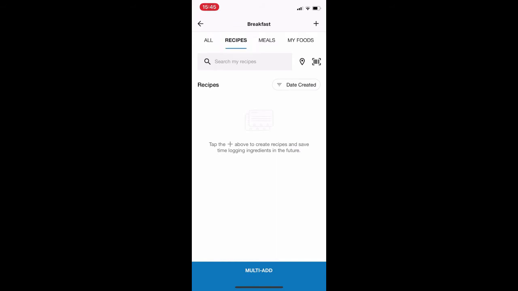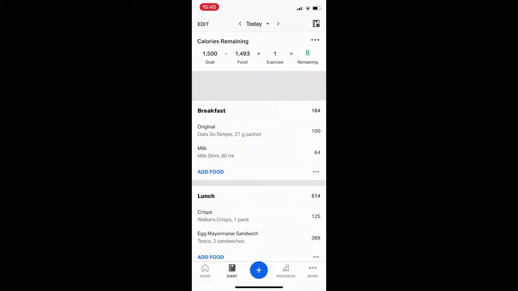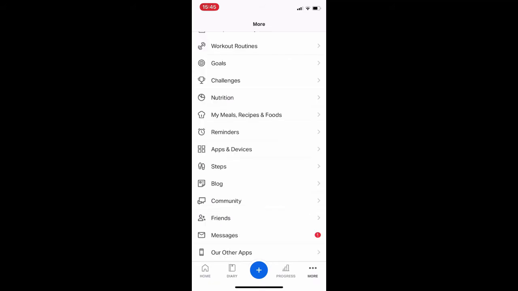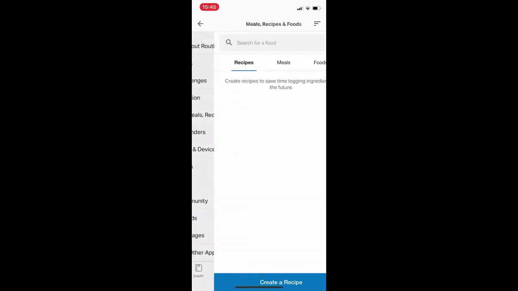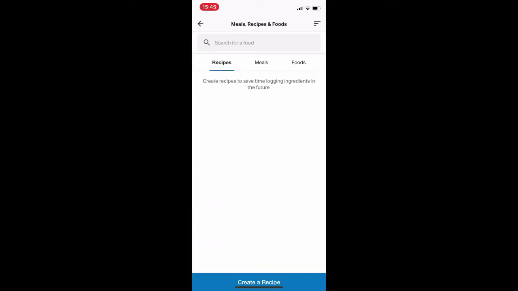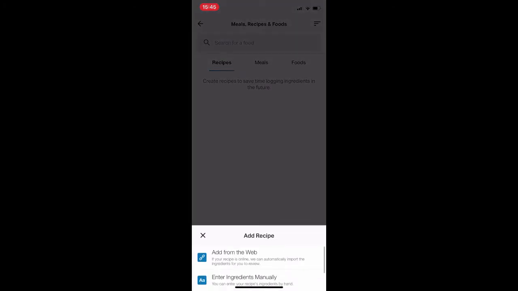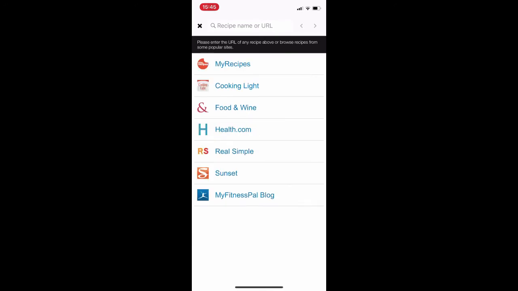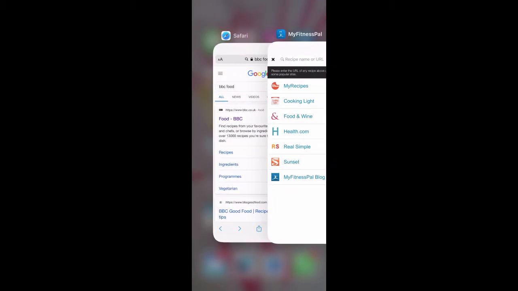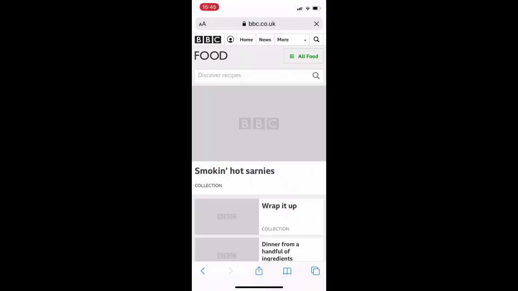There you go. So any recipes you've created there will be in it and you can just select it from that. There is another way though to add a recipe, and this is particularly good if you enjoy cooking. So let's go back to Meals and Recipes tab. So under Create a Recipe down at the bottom, the top option there is Add from the Web. So if you're getting your recipe from a website, you just paste the URL that you've got the recipe from in the top. So here's one from earlier, BBC Food,